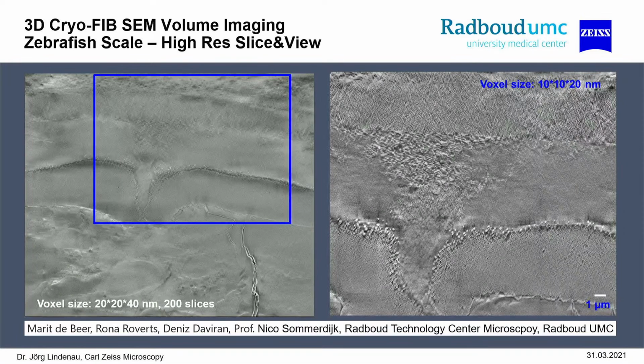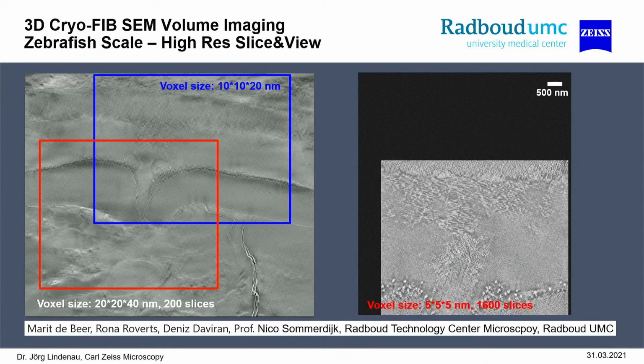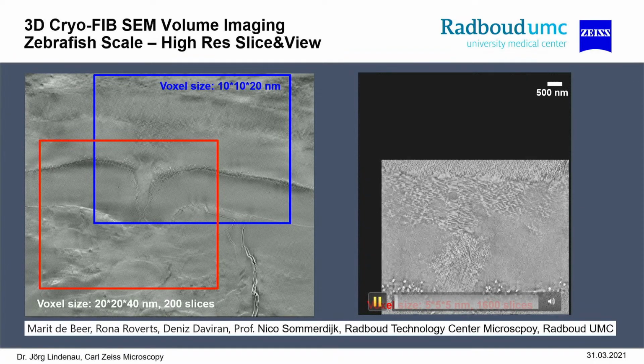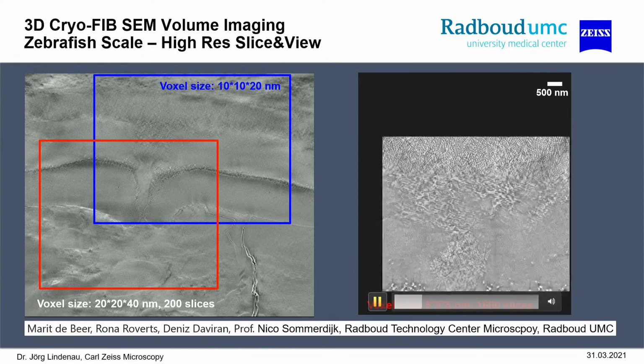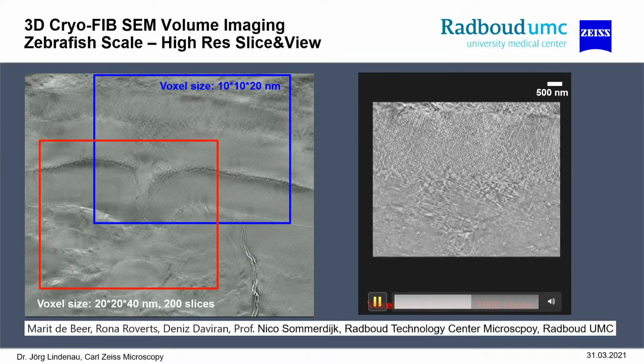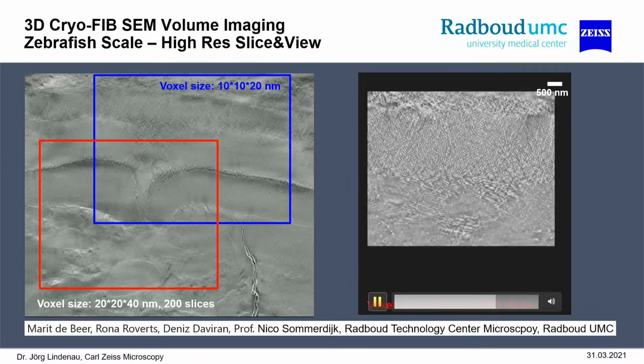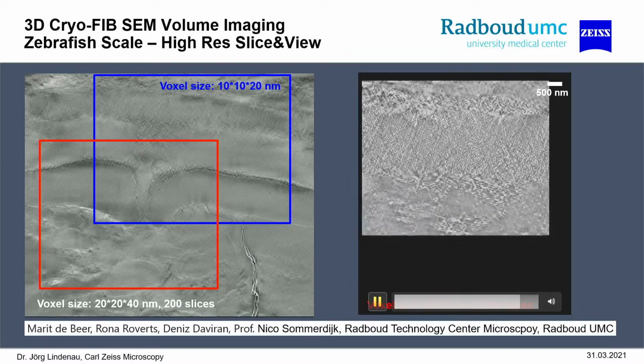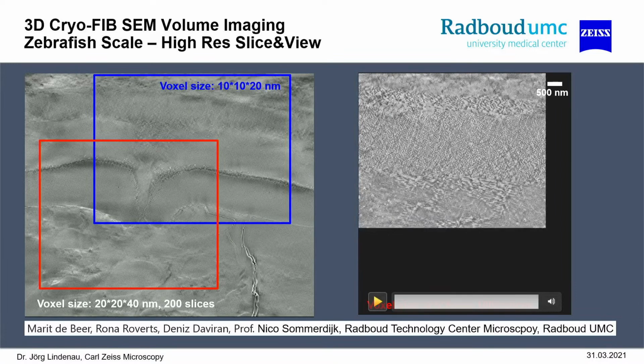Then it goes to higher resolution, 10 by 10 by 20, and the highest resolution they achieved here was a 5 nanometer pixel volume, with a little shift, but anyway there were something like 1,600 slices acquired with this resolution, and you can see the individual collagen fibrils here of a size of about 60 nanometer,